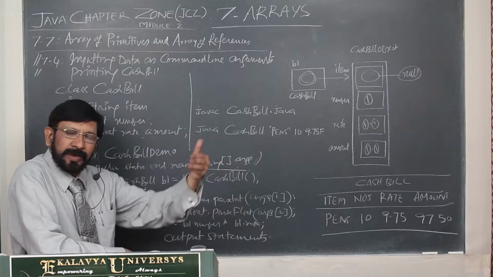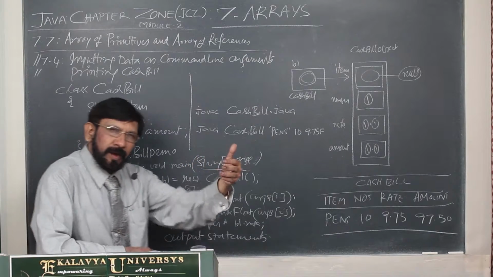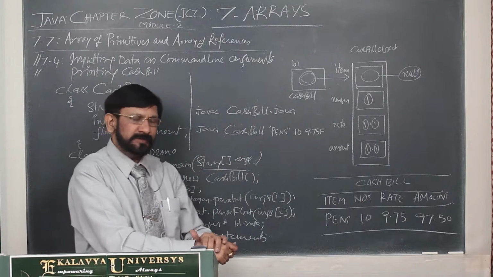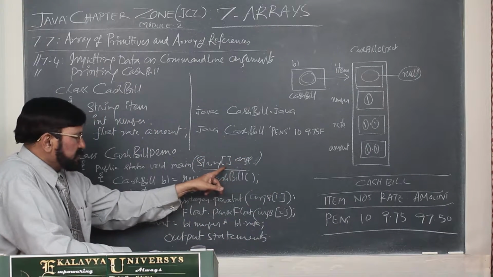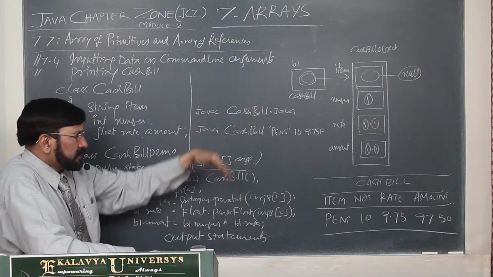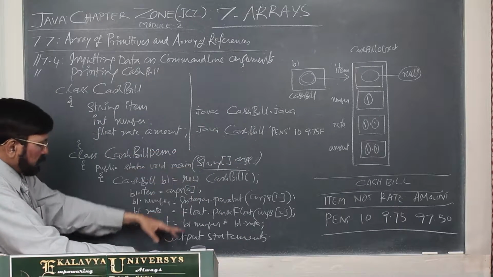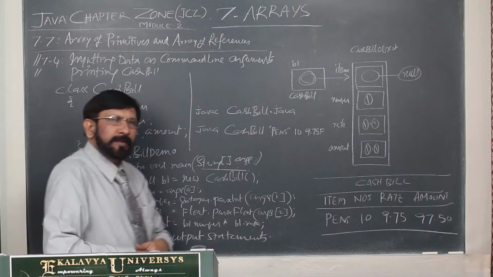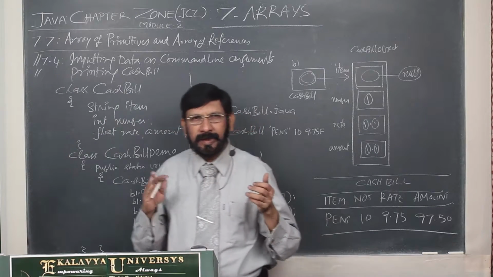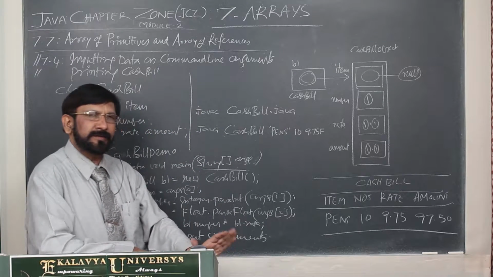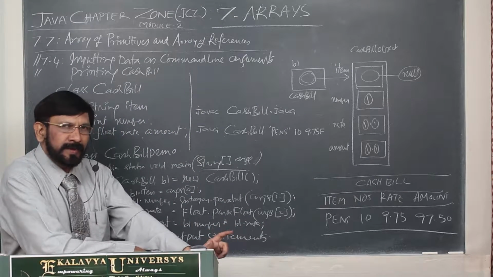Using this, we are able to give arguments through command line. At command line, we can give the arguments, and this string array receives those arguments, and through main, it provides it to the program, and the program can act upon that. Program can perform operations on that. That you know. Already explained.